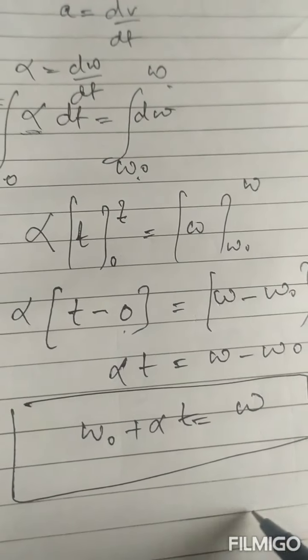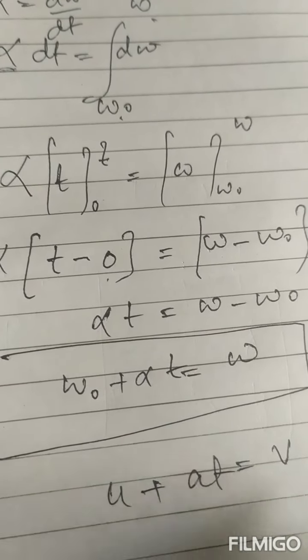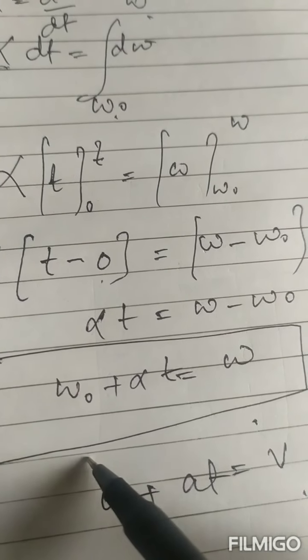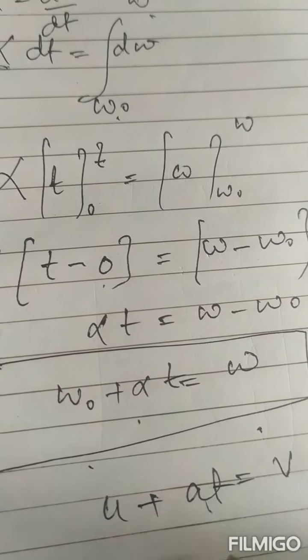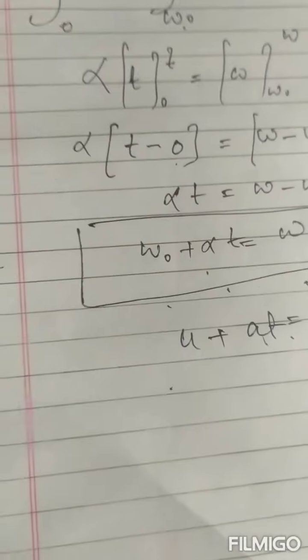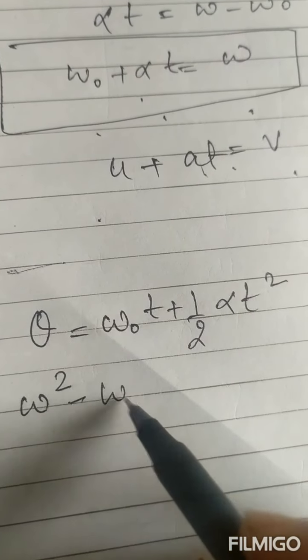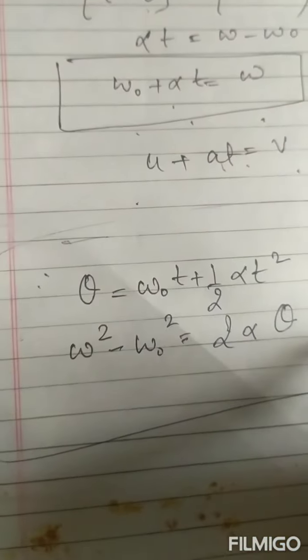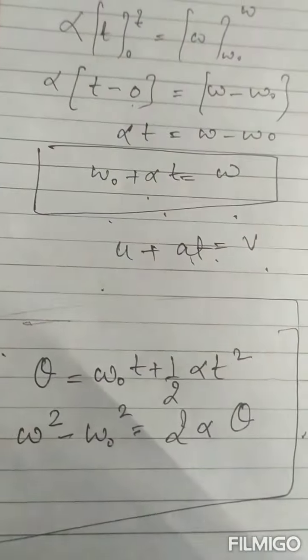You can compare it with v equals u plus at. Instead of v there is angular velocity, instead of u initial angular velocity, then angular acceleration, and time. Similarly, you can prove the other two equations by the same method, so try those two. The equations will come out to be theta is equal to omega naught t plus half alpha t square, and the third one is omega square minus omega naught square is equal to 2 alpha theta. Now try these two equations also, and send them back to me through WhatsApp. So this is all for today. Revise it, because whatever we are doing, there will be a test of that. Okay, thank you everyone.